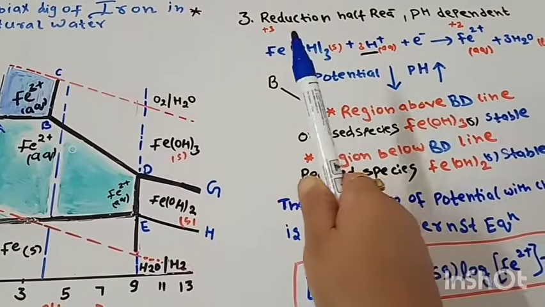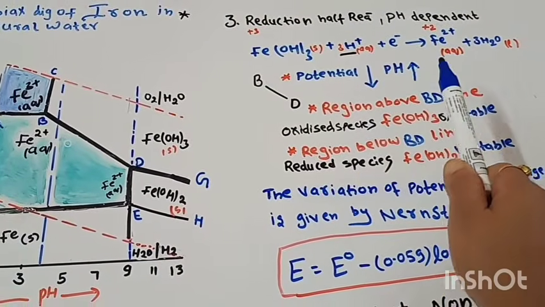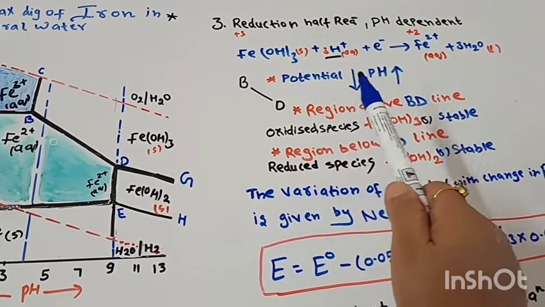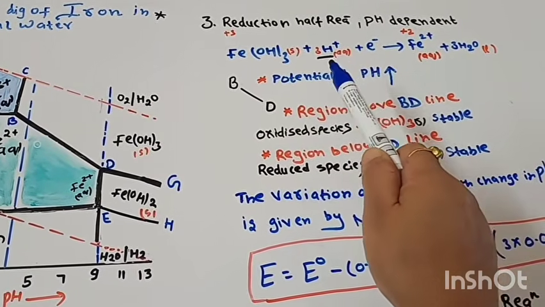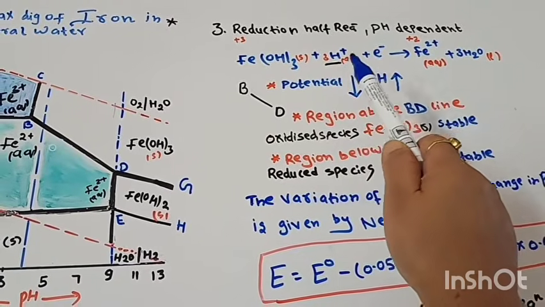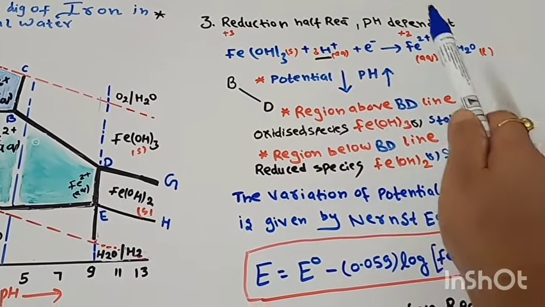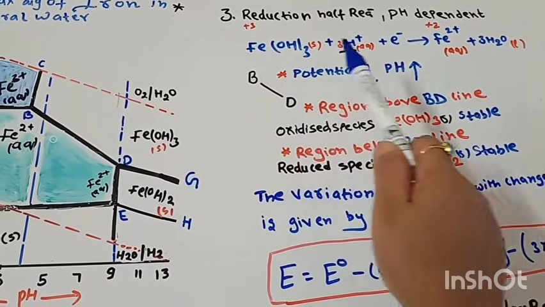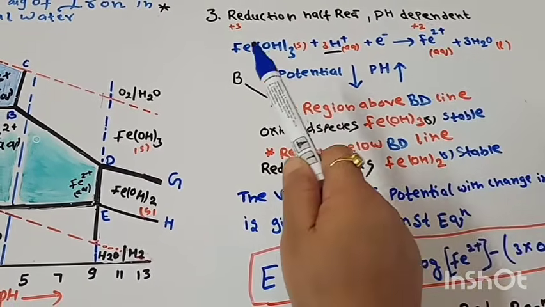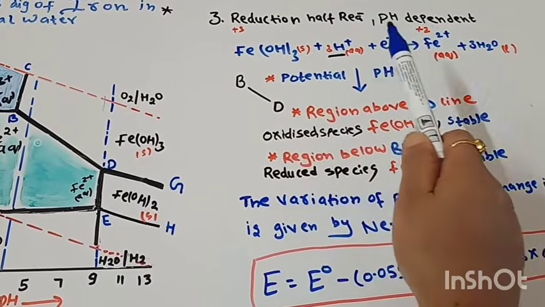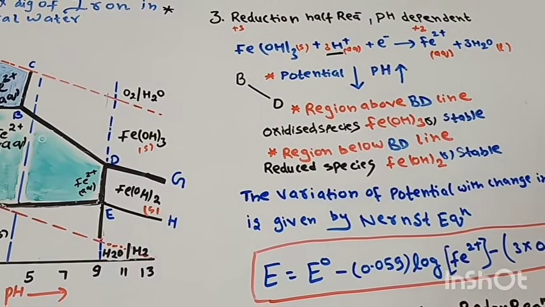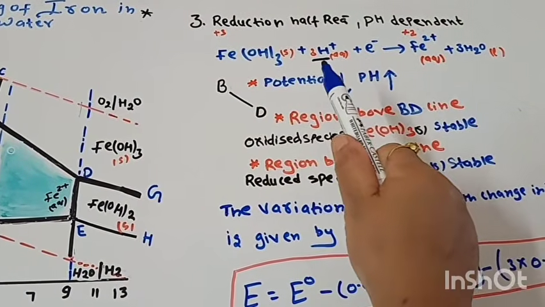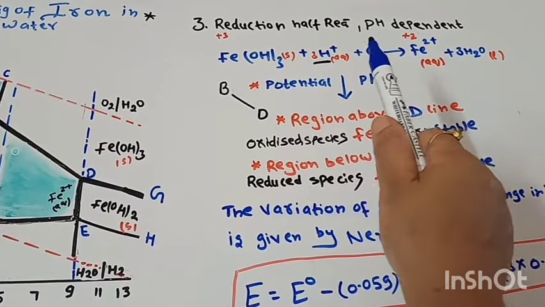The next reaction involved in the Pourbaix diagram is the reduction half reaction, and we can see this reaction, that is our ferric hydroxide is converting to the Fe2 plus ions by accepting an electron and H plus ions. So we can say in this reaction our H plus ions are involved. So student, this reaction will be a pH dependent reaction, and one important thing, our oxidation number of Fe here is +3 and Fe2 plus is +2. So when our oxidation number is decreasing, which reaction is happening? This is our reduction reaction. So this is a reduction half reaction and it is pH dependent as our H plus ions are involved here,